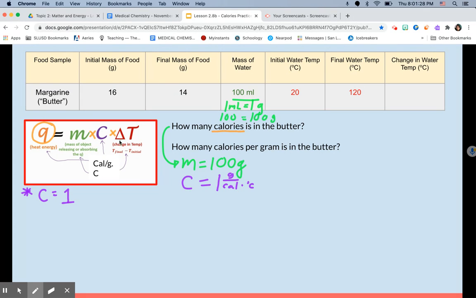As for delta T, this is our change in temperature. So how much did the temperature go up or change by? Think of this as one variable. To find the change in temperature, we need to take the final temperature and subtract the initial temperature from it. So our final water temperature is 120, and I'm going to need to subtract the initial water temperature,